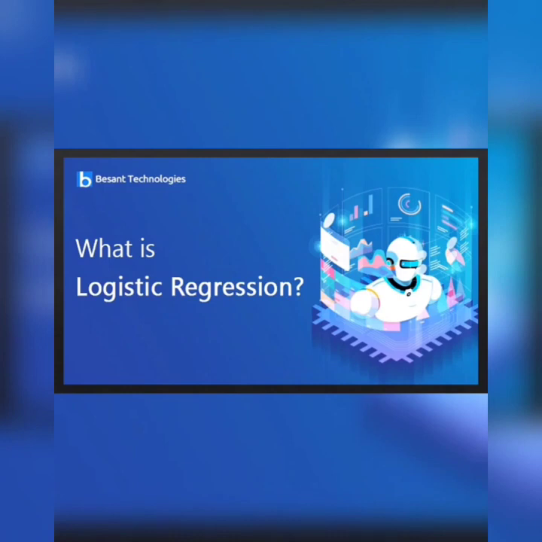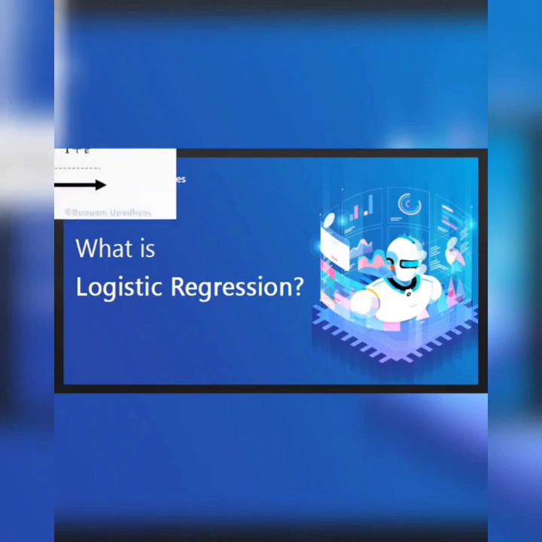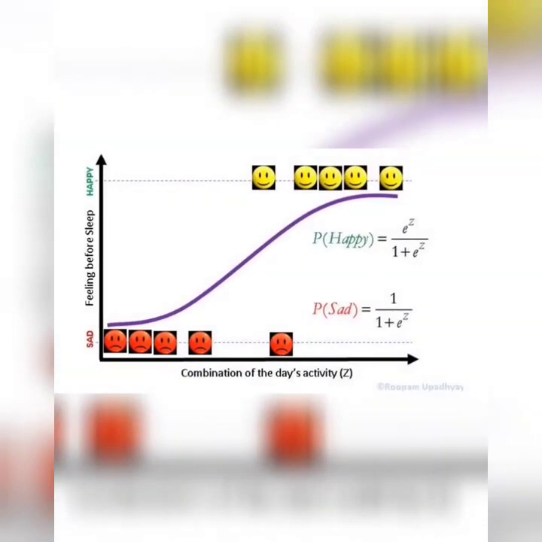Actually, logistic regression is used to solve classification problems. It is called a classification algorithm that models the probability of the output class. It is a classification problem where your target element is categorical. Unlike linear regression, in logistic regression the output is represented as discrete values like binary 0 and 1. It estimates the relationship between a dependent variable and one or more independent variables, where the dependent variable is categorical nominal.